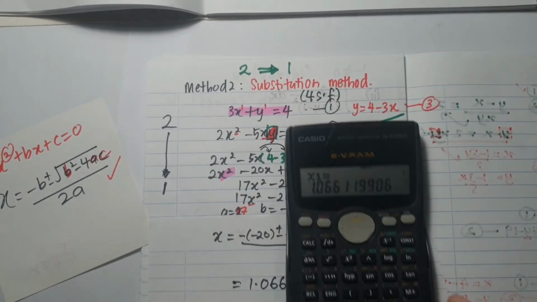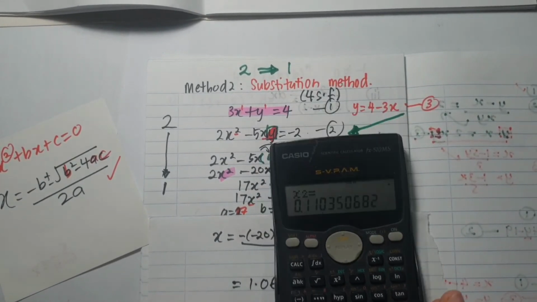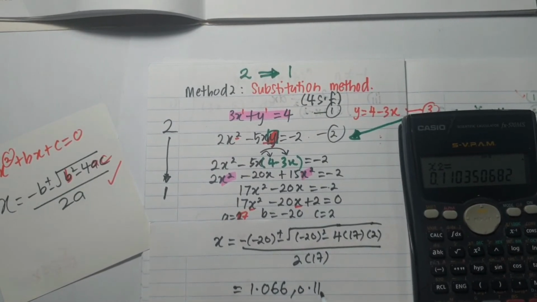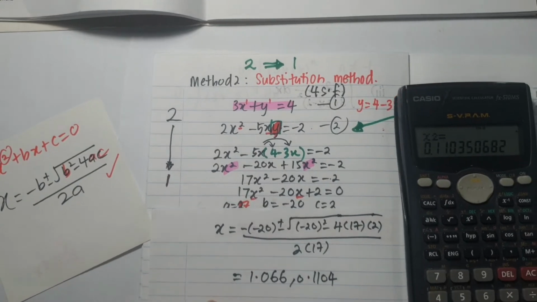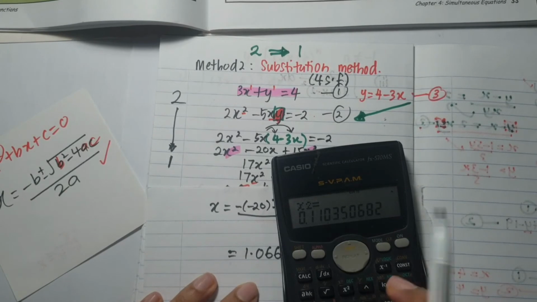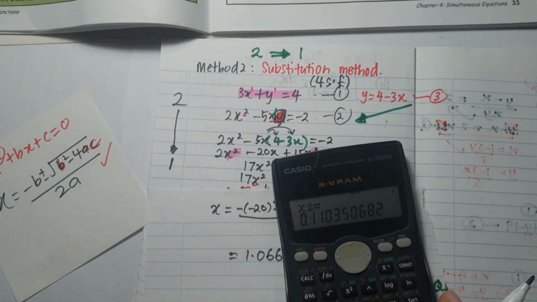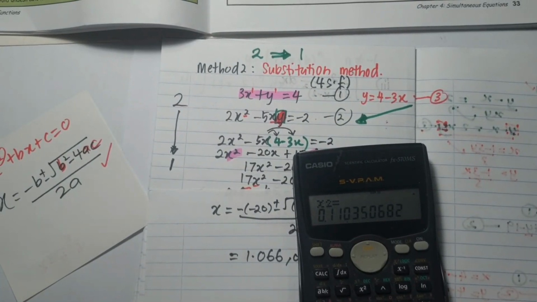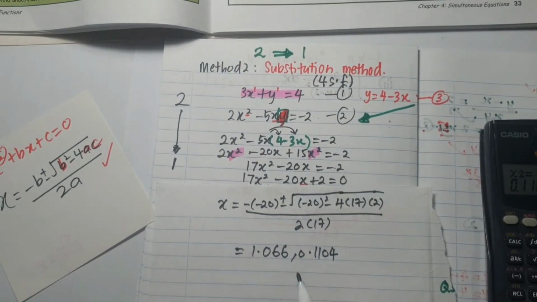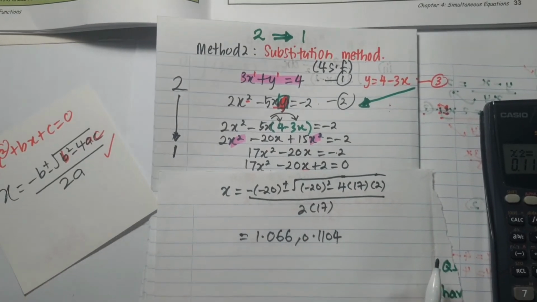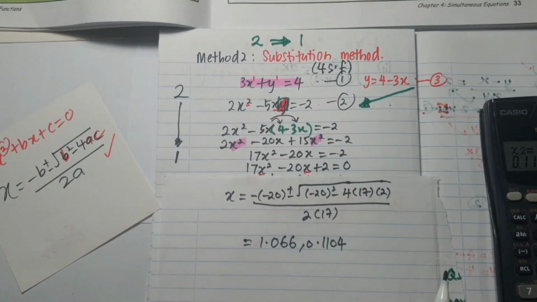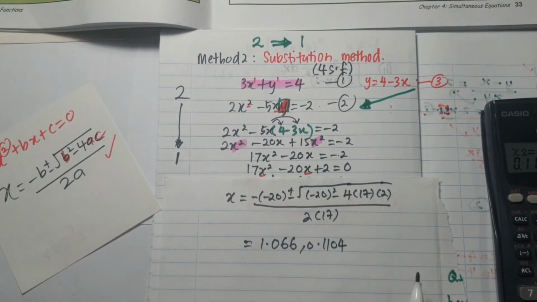Okay, next, equal sign. The second answer is 0.1104. Okay, 0.1104. 5 here, round off become 4. Add 1 to 3 there. 0.1104. So you have 4 SF: 1 2 3 4. Okay, and then tak boleh stop lagi. Why? Because we need to find y.